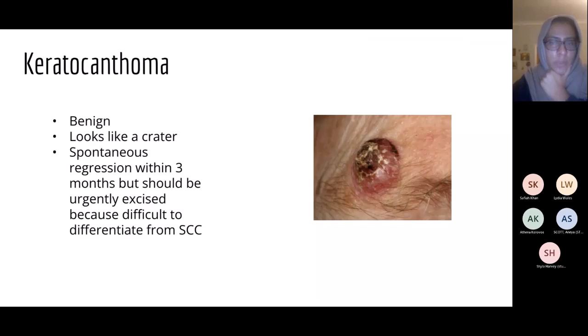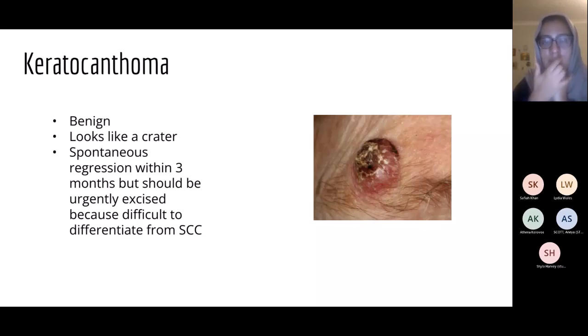Keratoacanthoma, I just thought I would show because it looks like it's really scary, but it's actually a benign lesion. It comes from a hair follicle. Actually, it starts off as a hair follicle that ends up growing like this, and it will actually disappear in